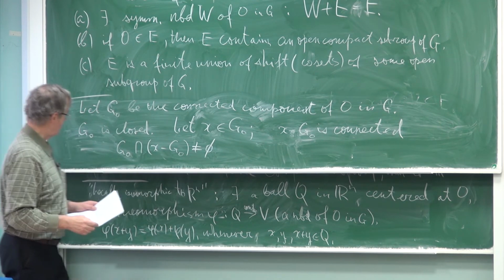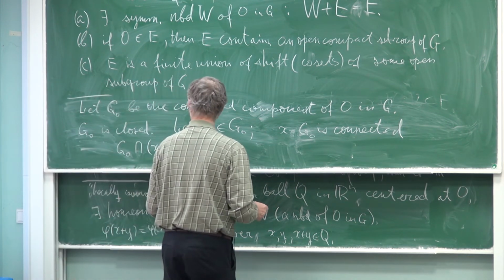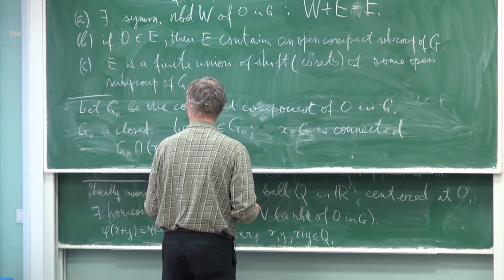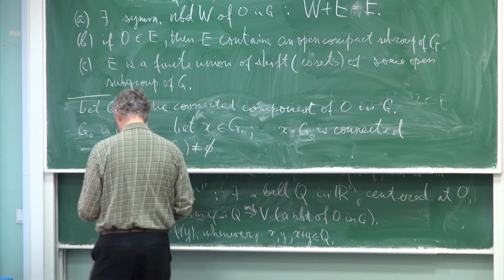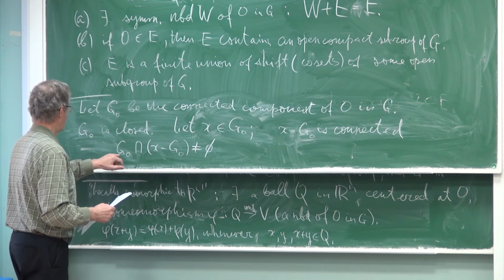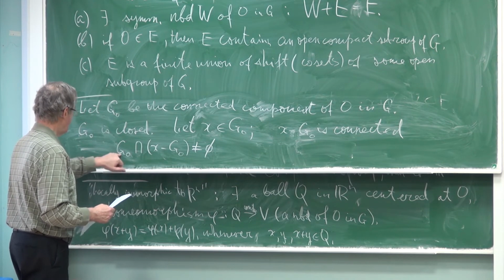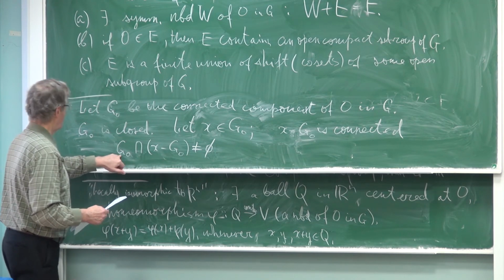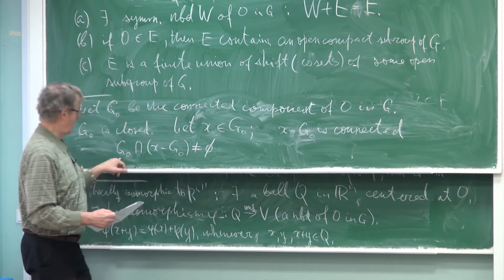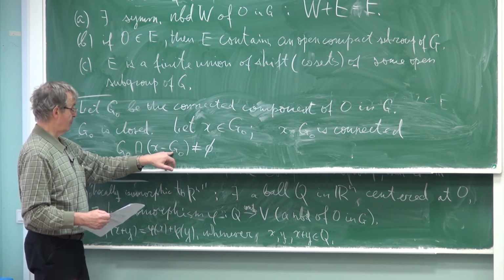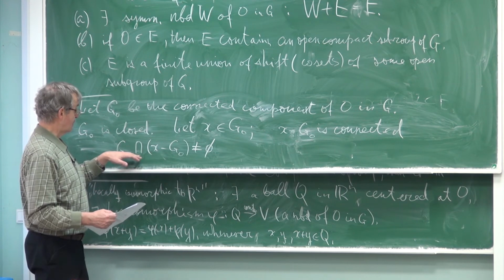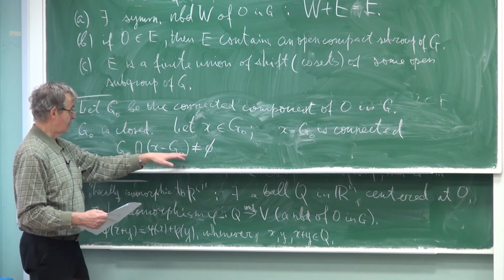Because if it is empty, then what happens? Well, what if it is empty? Simply we have the set with the point 0. The point 0 is here because G0 is a connected component of 0. So 0 is here, but also 0 is here because this G0 contains x. So it is intersected. This intersection contains at least the point 0, so it is not empty.